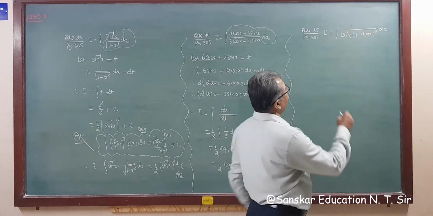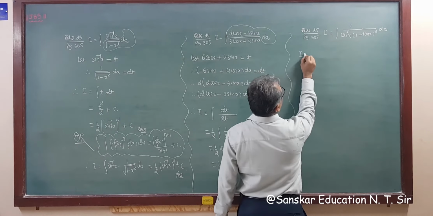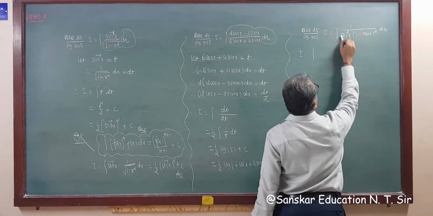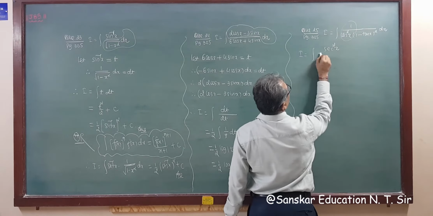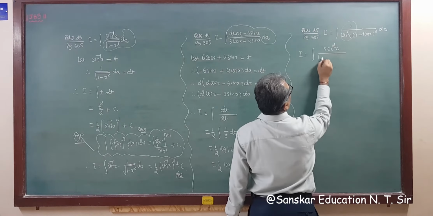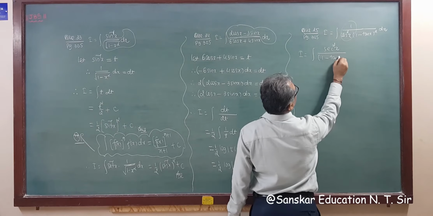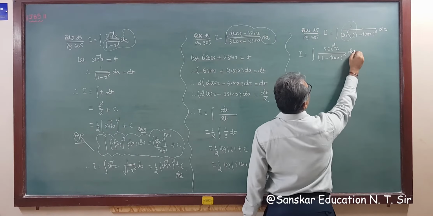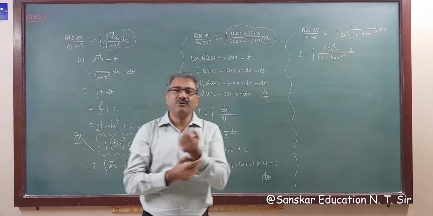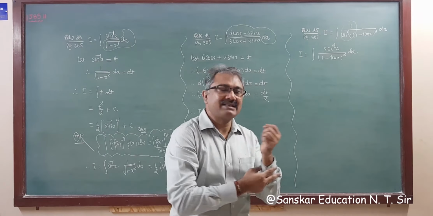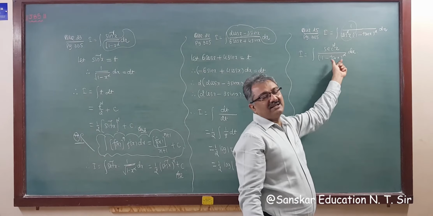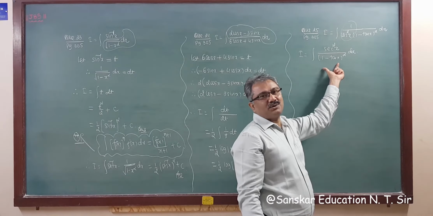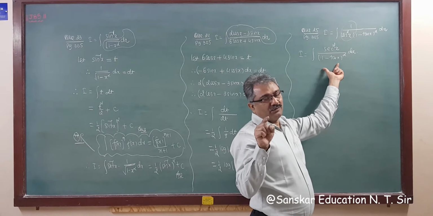So can I take this? I is equal to integration. This 1 upon cos square x becomes sec square x. So this is sec square x whole upon 1 minus tan x whole square dx. Right? So now you know derivative of tan x is sec square x. But if we assume tan x as t, then we have to integrate 1 minus t whole square. So you know what I said.